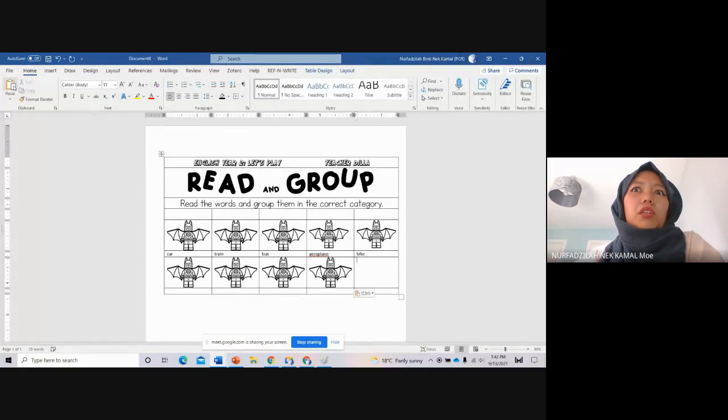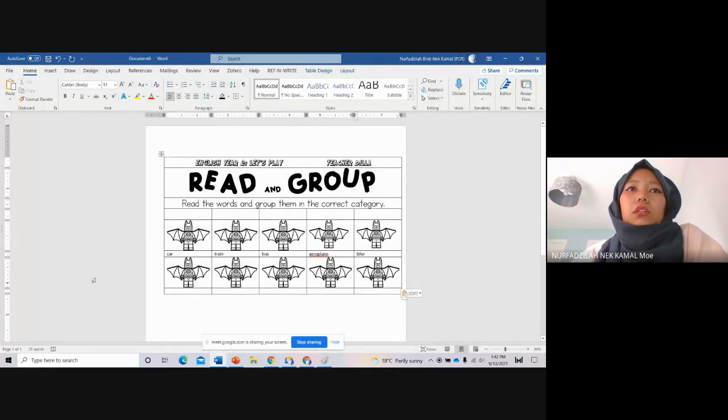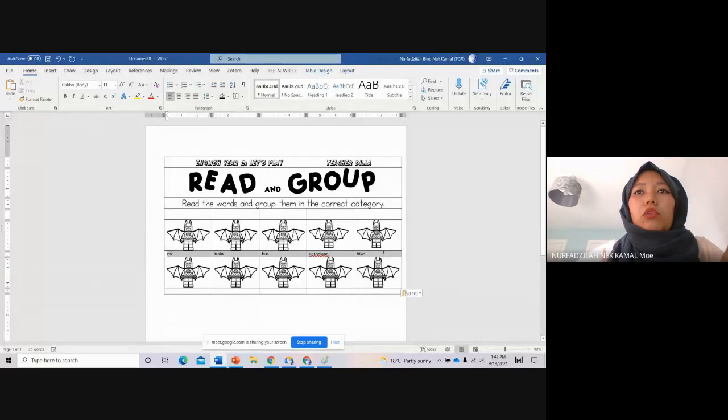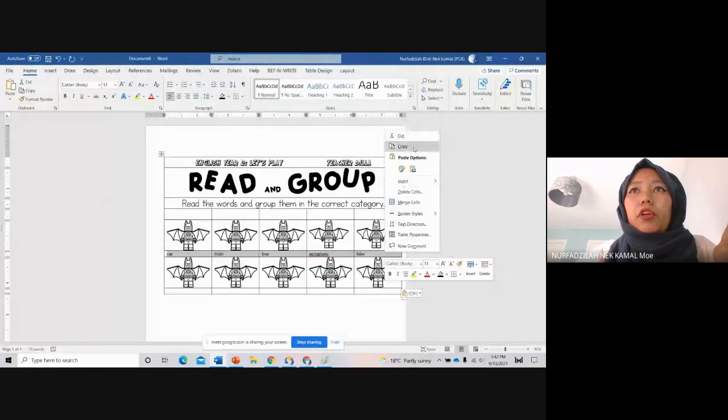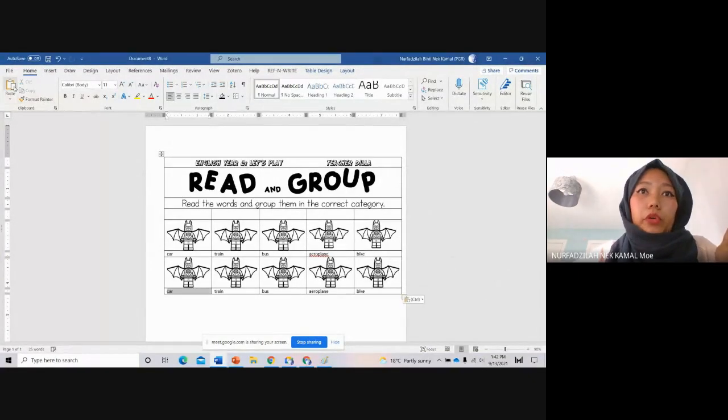Why toys? Because they have to categorize them. You imagine that they have to categorize it. So imagine at the bottom is different toys. So now